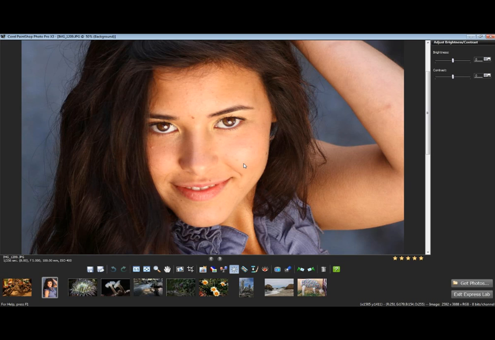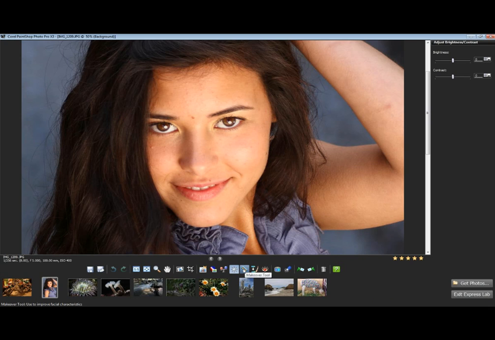Those are all sorts of things to consider when you're doing portrait photography work. In this particular case, it's a very nice shot. It's done in open shade. There's a little bit of a reflector, which is giving us just a little bit of extra light on the face, which is very nice. And so I think this is a great place to start with just trying some of these quick tools that